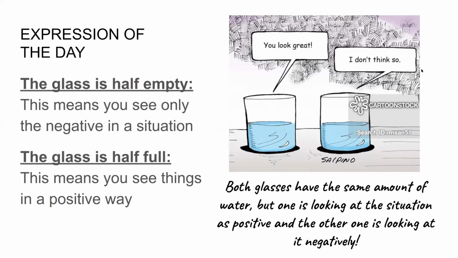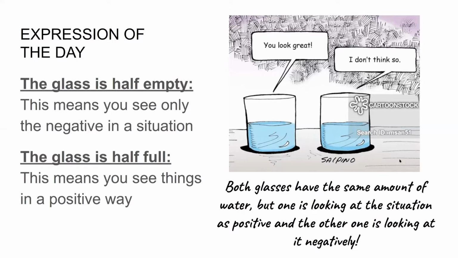So if you can kind of see here, like from my picture, we've got two glasses that have exactly the same amount of water. They look exactly the same. But the idea is, how do you see each glass? So for example, if you see the glass as half empty, maybe that means you think of things in a negative way. Like we see a situation and we think of it only negatively. Or maybe you see the glass as half full. In this case, maybe you try to see the positive in situations.